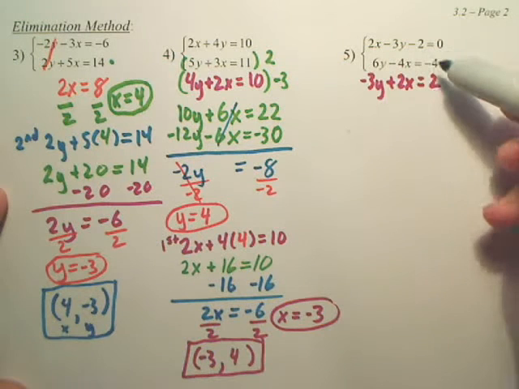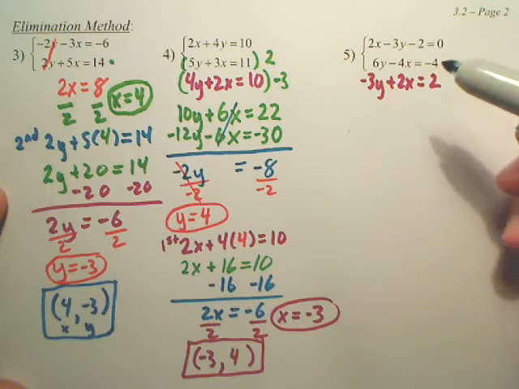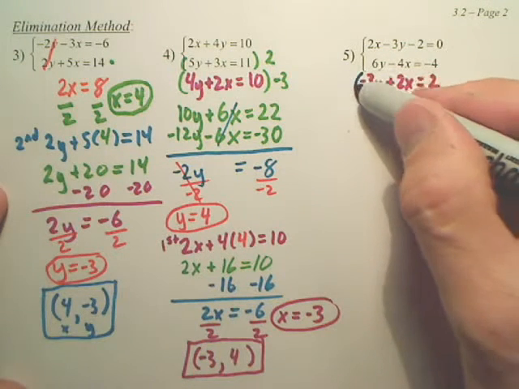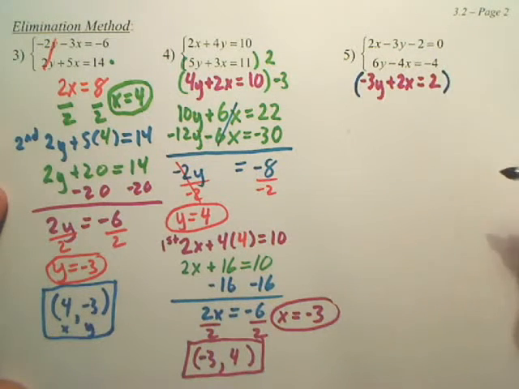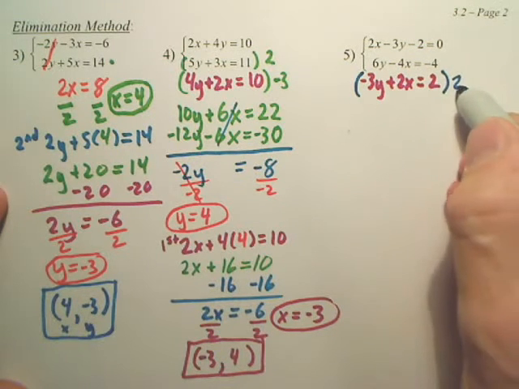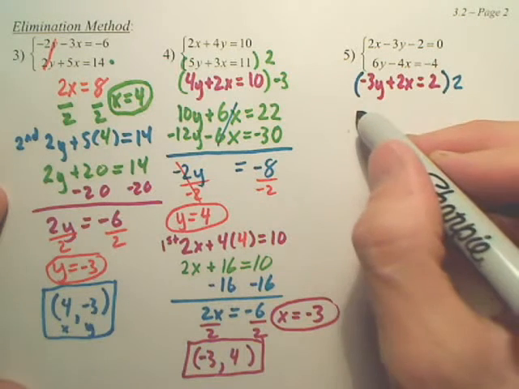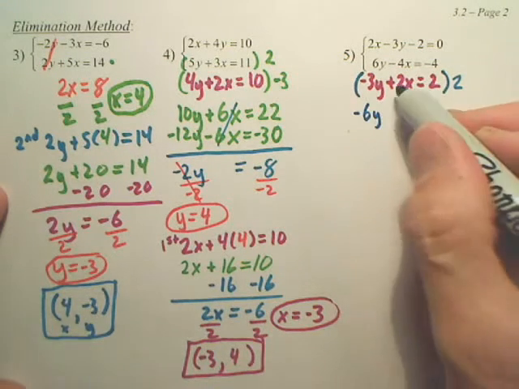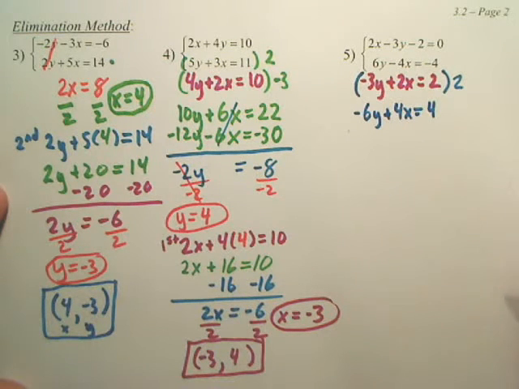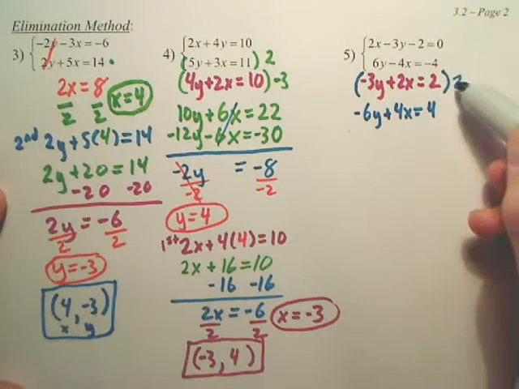Now, can we cancel? No. But do we have to multiply both of these? No. What you can notice here, what if I just multiply the bottom? Could I just multiply the bottom by 2? Sometimes you can multiply just 1 and it does everything for you. Watch. If I multiply the whole bottom by 2, watch what happens. I get negative 6y plus 4x, 2 times 2, plus 4. Don't you get positive 6y? Now, when you multiply by positive 2,